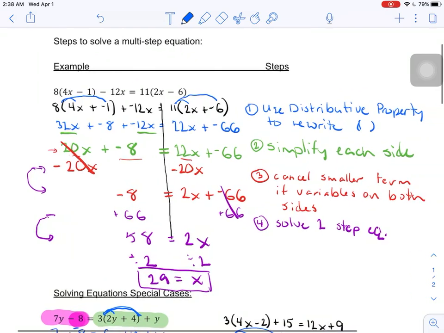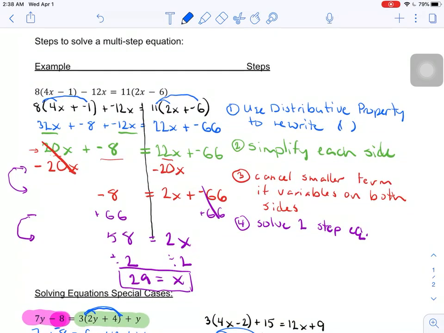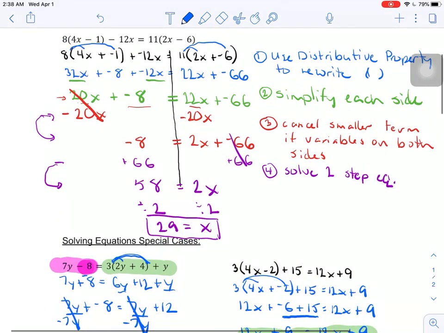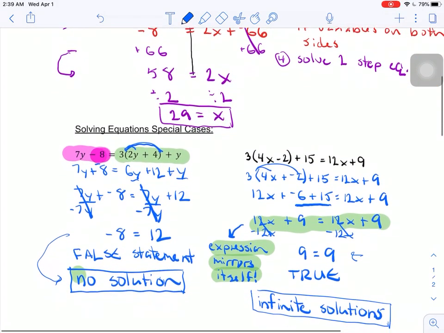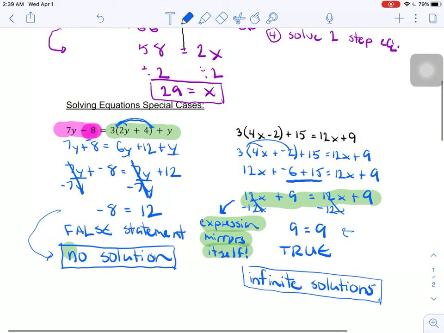So you should have all three of your equations in your notes worked out at this point. You should also have your steps written in for that first example so that you have a reminder of what order you should be tackling these problems in. So when your notes are complete, then